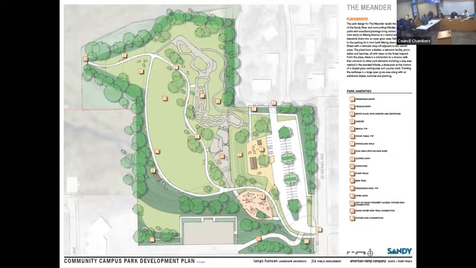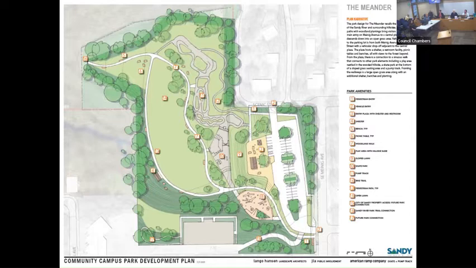So a substantial amount of money, but in looking through the criteria for awarding the grant, we hit almost every single box. So we're really excited about the story that we're going to tell, and certainly the public outreach and the public process has been a testament to what you're seeing tonight and how people really feel about creating this park for the city of Sandy.